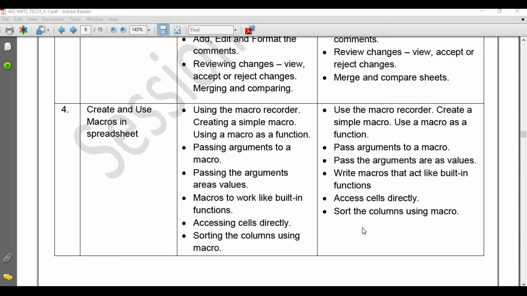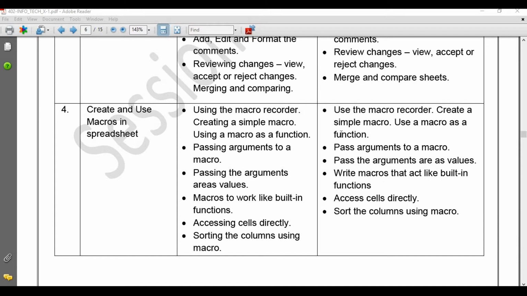Before starting this session, first we will compare the learning outcomes and the study material which are provided by CBSE. There is much difference between the learning outcomes and the study material provided by CBSE.